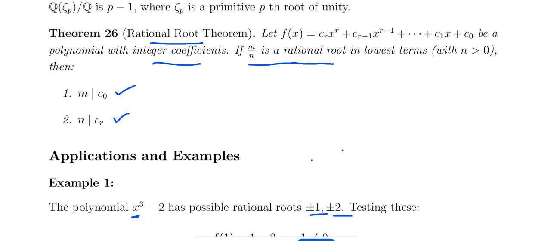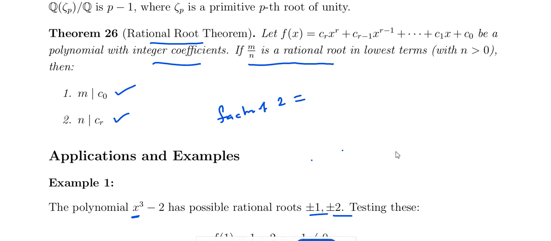F of x is a polynomial with integer coefficients. If m by n is a rational root in lowest terms, then for a rational root, what is the condition? The numerator should divide c naught, the constant term, and the denominator divides the leading coefficient c r. Here, the factors of 2